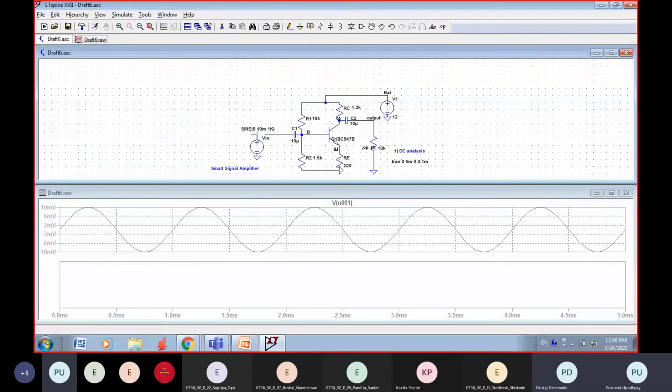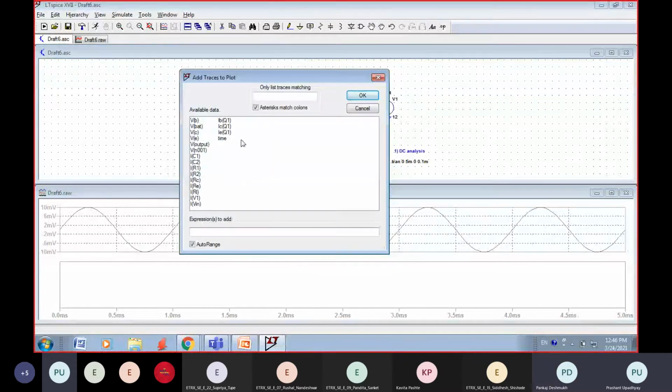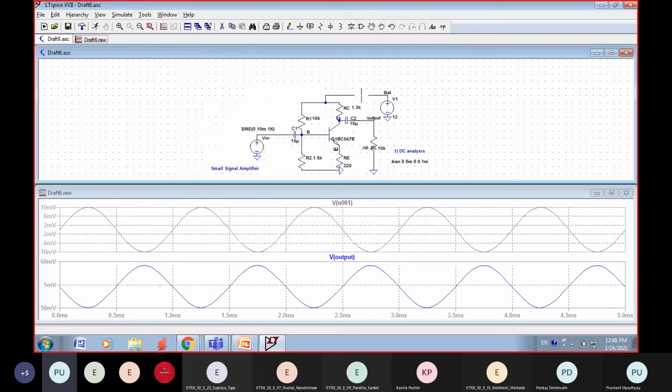So I have given a name to the output label also. Why have I done it? Because I want to add traces, and when I do that, I can see the V output name, so I can identify where my output is. So this is the output in a different window, and you can see the output goes to around 6 millivolt.